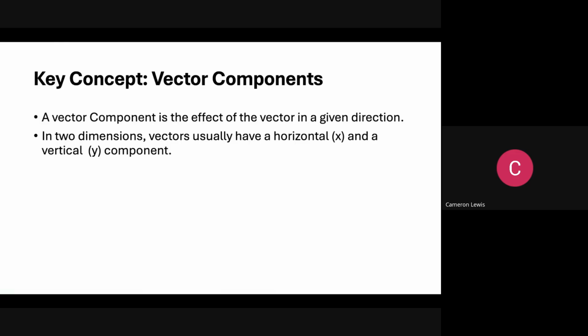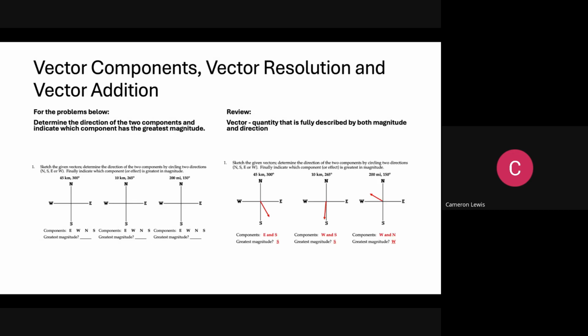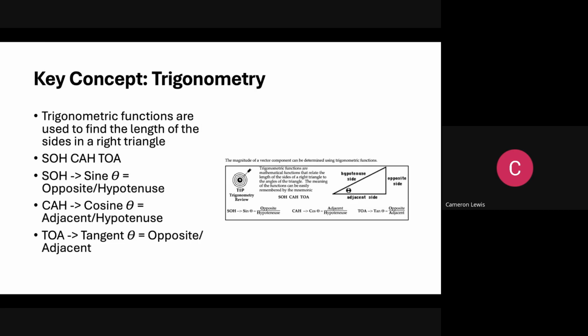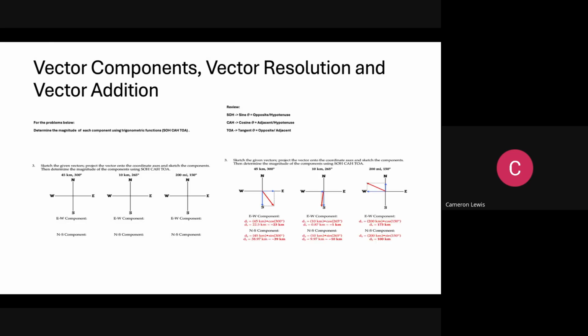And then we talked about key components about having a vector component, right? So we talked about the east and west components, north, south, which really relate to X, Y in two dimensions. Then we talked about trigonometry. How do we use trigonometry to be able to find these components, right? We're still talking about math. And then when we use trigonometry, we get these components, we have the actual arrows and how they add together,